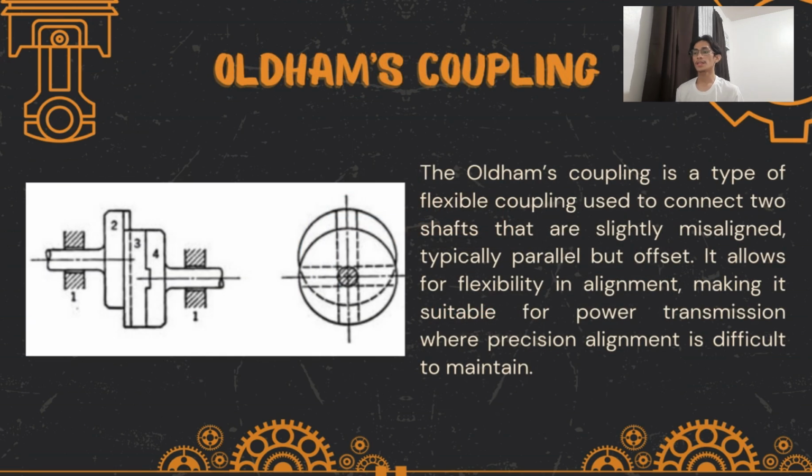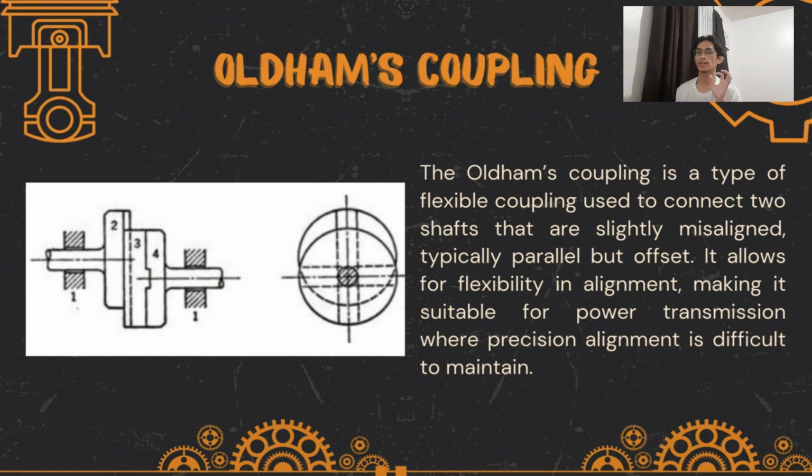For the third and last inversion, we have the Oldham's coupling. The Oldham's coupling is a type of flexible coupling used to connect 2 shafts that are slightly misaligned, typically parallel but offset. It allows for flexibility and alignment, making it suitable for power transmission where precision alignment is difficult to maintain. Dito sa inversion na to, ang first link natin is yung frame, yung second link natin is yung shaft